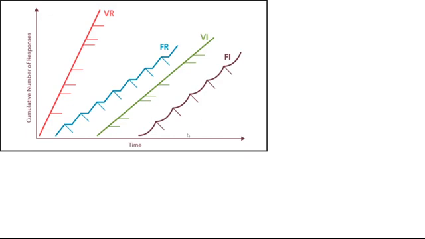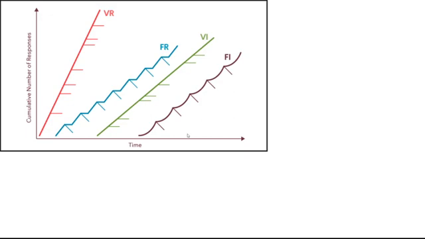And then our last one is our fixed interval. This is after a certain amount of time has passed, the next time you respond, you get food. And this one has another distinct pattern. We get to see this sort of scallop pattern. What's going on here is the same basic concept as the fixed ratio, where as soon as they've received food, they know that they're not going to be getting food for a while. But we see this curve instead of our sharp step,